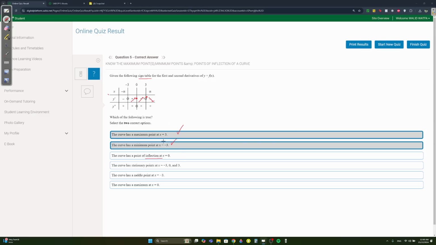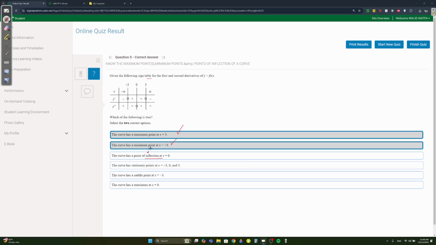Is it an inflection at x equals 0? No. Why? Because they didn't say 0. They put this circle. It doesn't mean 0. It means something else. Okay? If they just kept it straight, then it would be an inflection point. Okay? Type. The curve has no